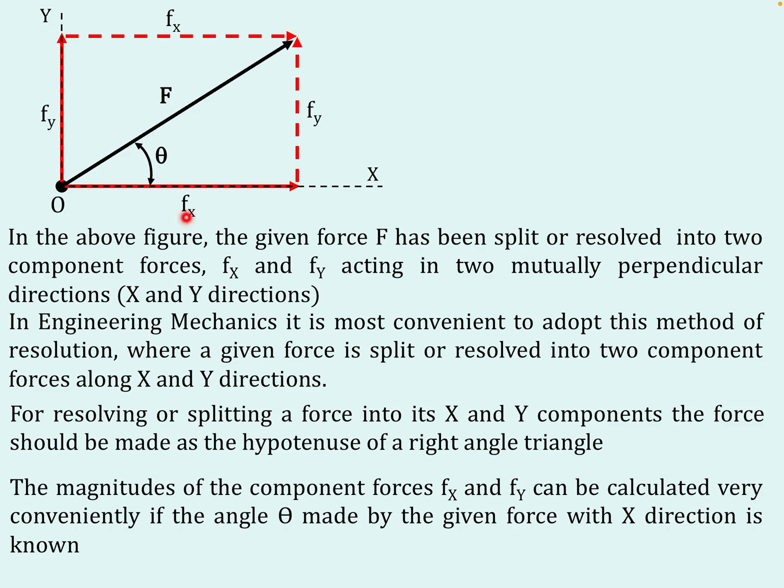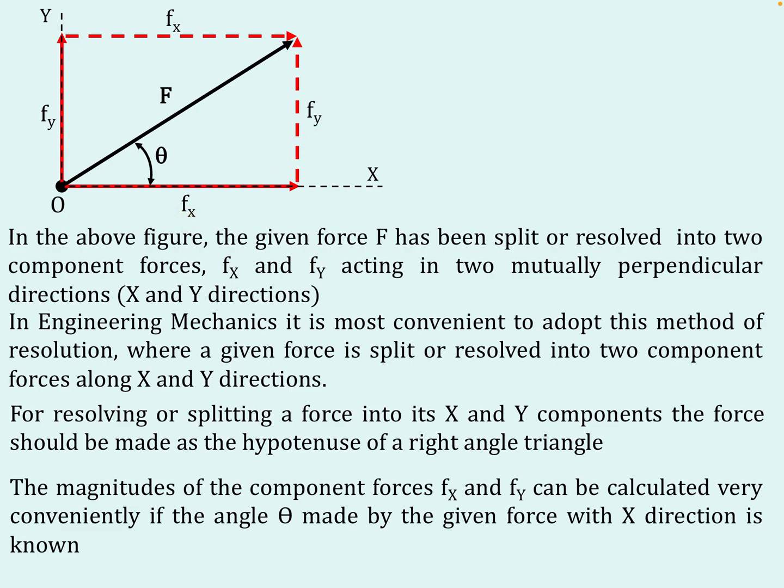So my intention is to get the values of Fx and Fy, which are nothing but resolved components of the force along x and y direction. But if you observe here, there are two right angle triangles that we can see, in which the given force is becoming the hypotenuse of the right angle triangle, and this theta is the included angle. And with respect to this triangle, Fx is nothing but the adjacent side and Fy is nothing but the opposite side. Since we know the hypotenuse as F and this angle theta, it is easy to get Fx and Fy